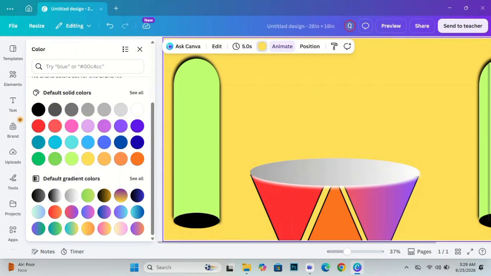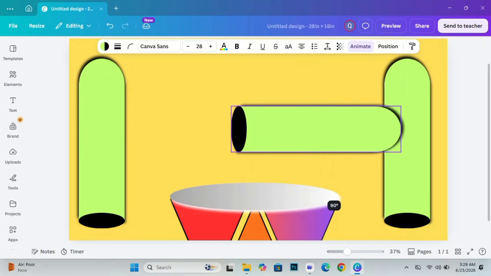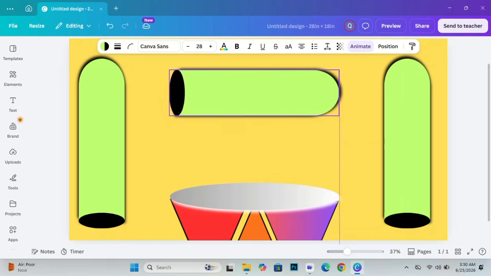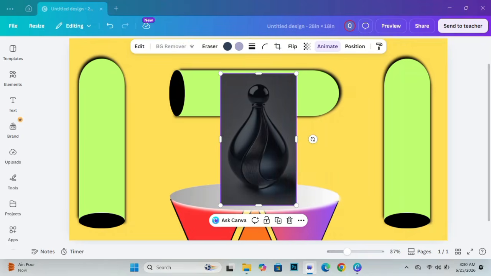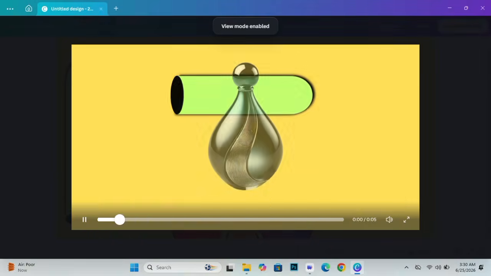Now add sections for specifications such as display size, camera quality, battery life, storage capacity, and processor details. Use icons and graphics to visually highlight each feature. Canva's